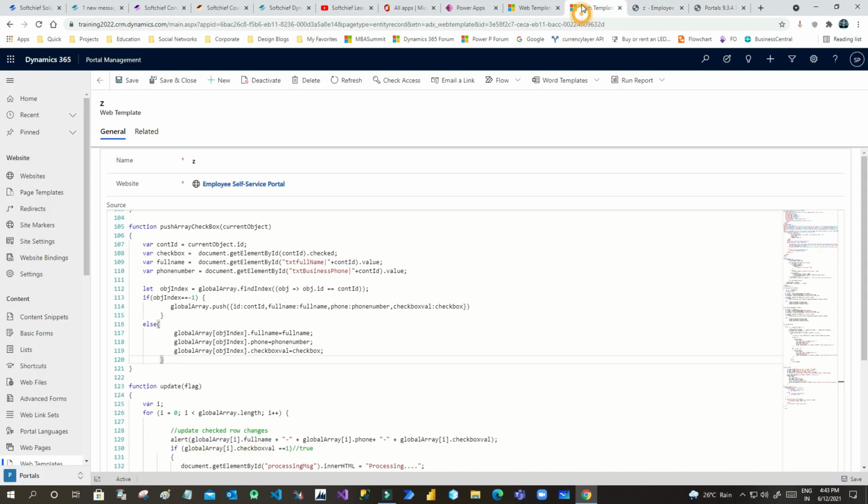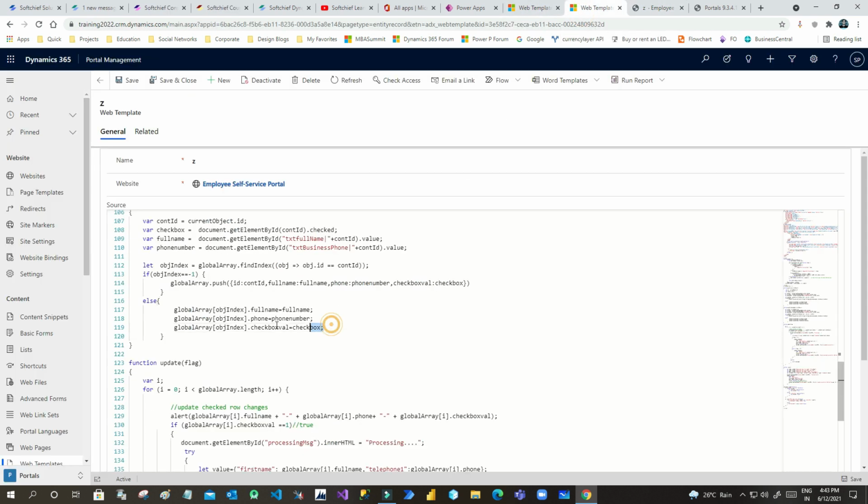We have defined global array dot find index, which checks whether this contact ID is already there in the global array. If it is there, it updates the line item of the global array, otherwise it pushes it with ID, first name, phone number and checkbox.